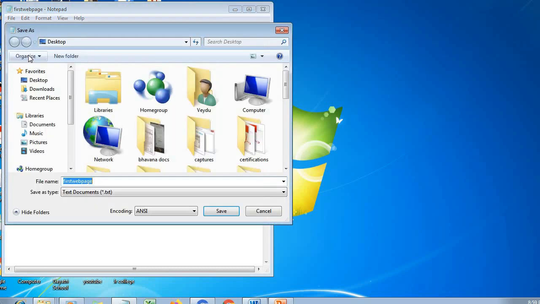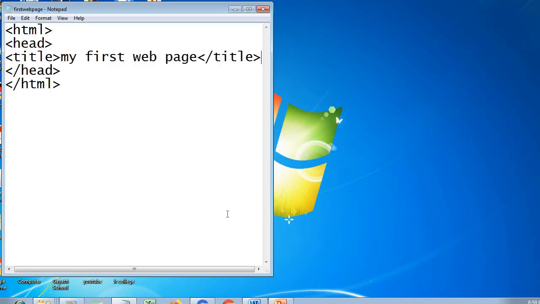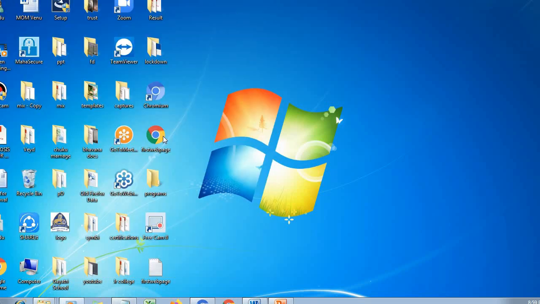So it is Save As; you can see this has the .txt extension. Now it is .html. To run this code we need to save it as .html. So you are saving it now. Once we have saved it, you can check where your first web page is.